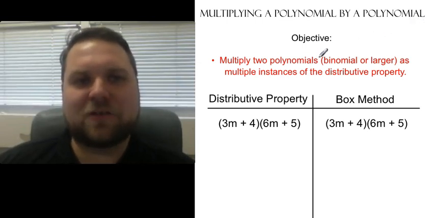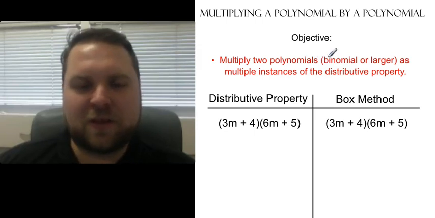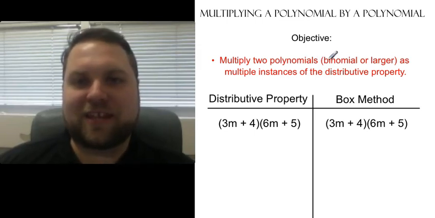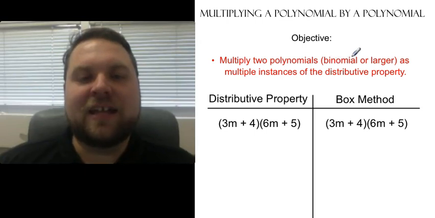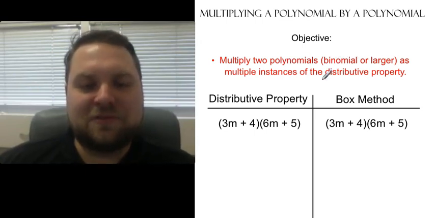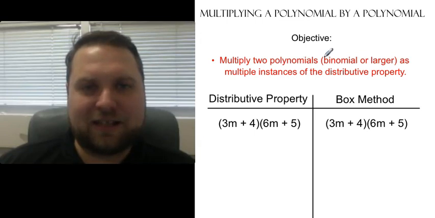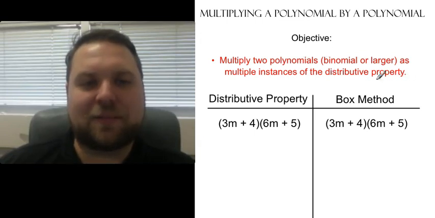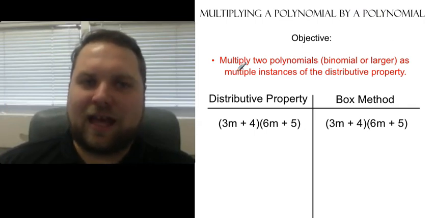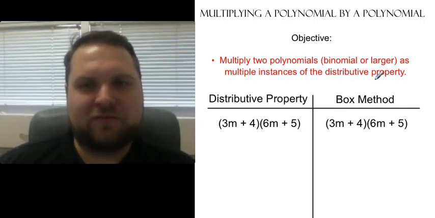By the end of this, I want you to be able to multiply two polynomials, binomial or larger. We don't even care how many terms there are. And we want to do this using the distributive property. Remember, we learned how to multiply a monomial times a monomial, and then we learned that when you multiply a monomial times a polynomial, it's really just the distributive property. So when I multiply a polynomial by another polynomial, I'm just doing the distributive property over and over